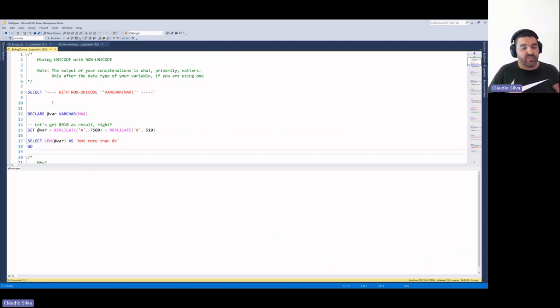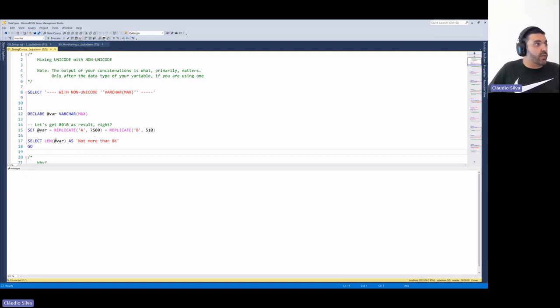In this demo, I'm not even using any tables. The idea is just to show what happens when we combine strings with different data types. In this case, I'm talking about being or not being Unicode, and also the size of this data type, so whenever we use the max, or for instance, whenever we use a different value.